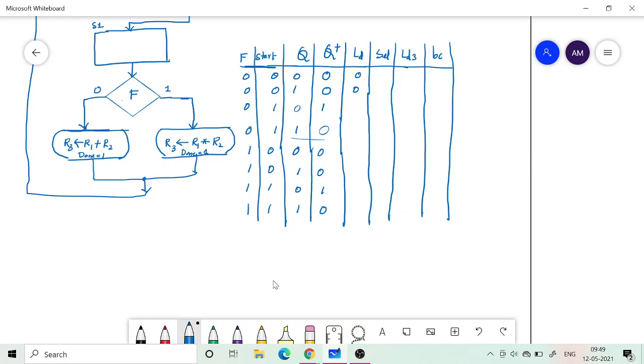When start is equal to 0 and Q equal to 0 or Q equal to 1, at which time do you have to load it? When should I give the load signal? And start became 1. So when start becomes 1, I told we have to load. But then there are two options, when state is 0 or state is 1. So where should my load become 1?